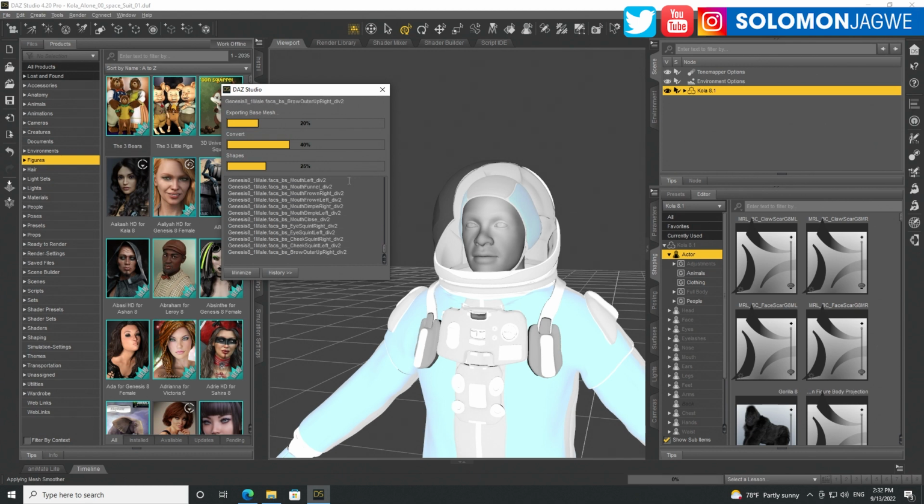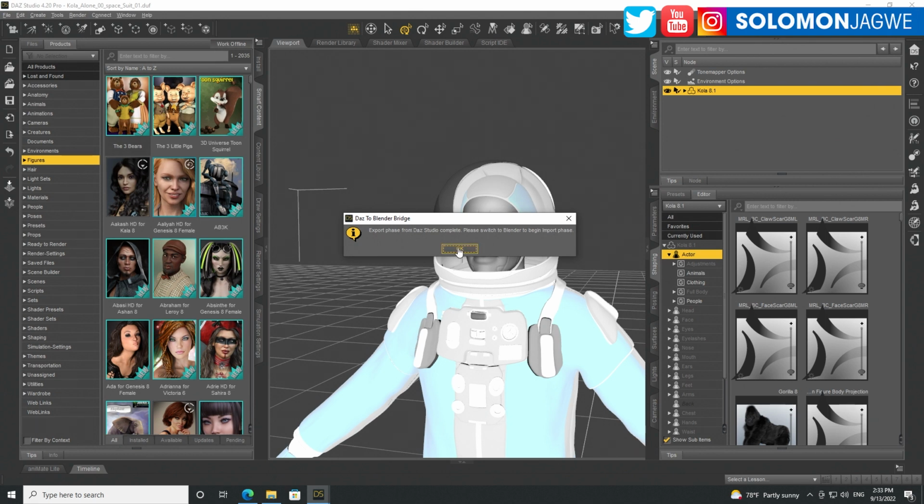Depending on the speed of your computer, this might take a long time or it might go real quick. Because we don't have animation on the character, it might go fairly quickly. Right now I'm using the system that I'm working with. It has a 3090 card. It's a Threadripper. I was blessed by the company Puget Systems. I will include the link in the description should you want to see the specs of what I'm using to be able to get the same results. So that's done. It's just a couple minutes, I think.